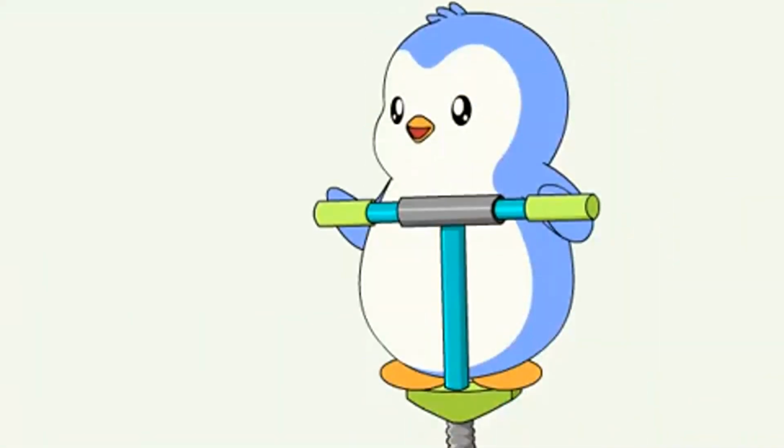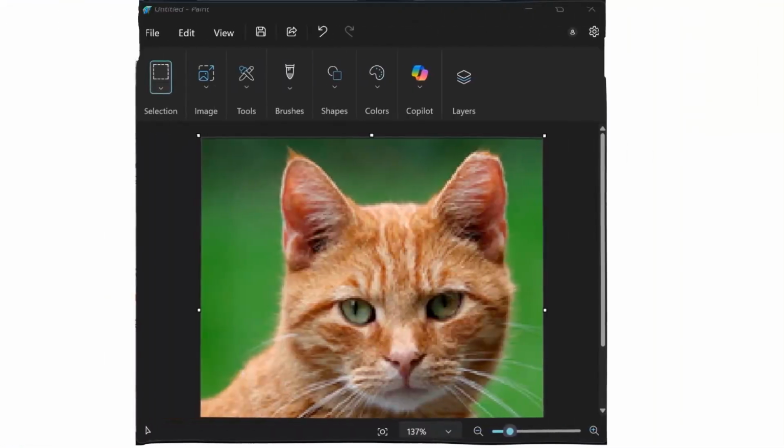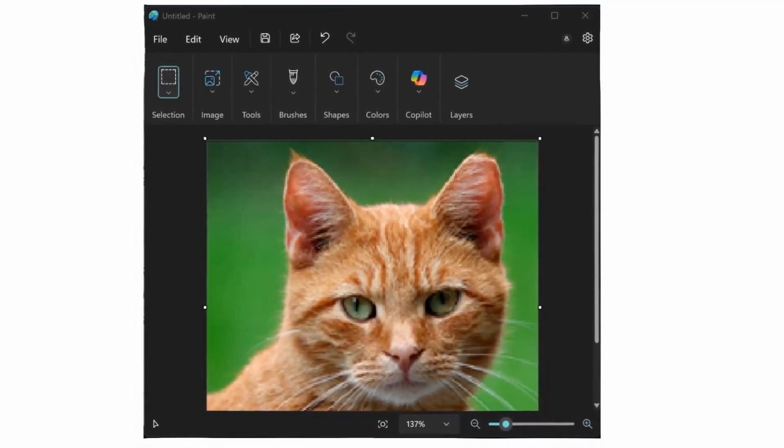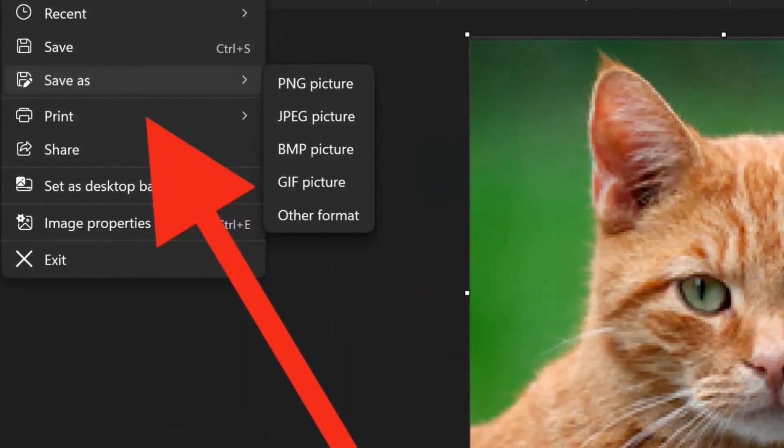Since the image is on your clipboard, you'll need to paste it somewhere to see it and save it. Just like before, you can open the Paint program, press the Control key and the V key together to paste the image of your single window, and then go to File and Save As to save it as a picture